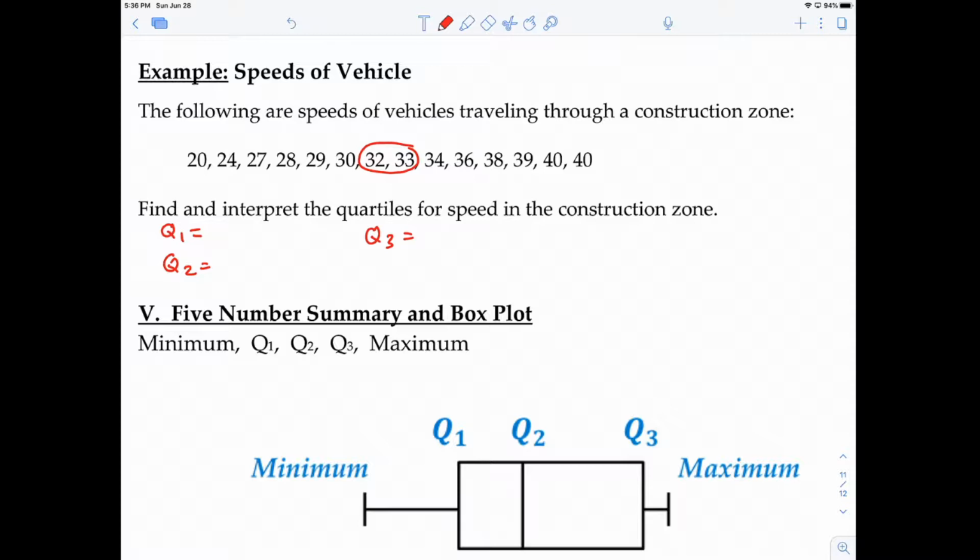If you guys recall, we have to take the mean of the 2 middle values, right? So in this case, the mean is 32 plus 33 divided by 2, which is 32.5, right? 32.5 is in between 32 and 33, and that's how you get the 32.5. Okay, so we know that right there is Q2,